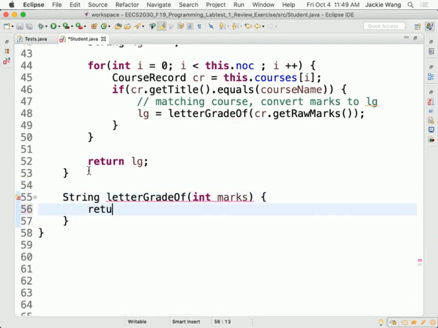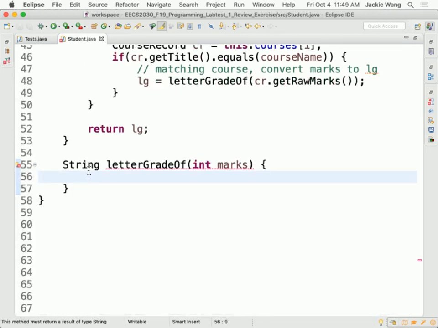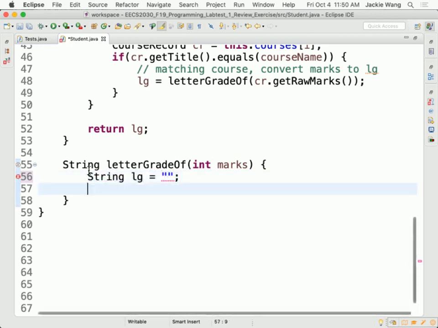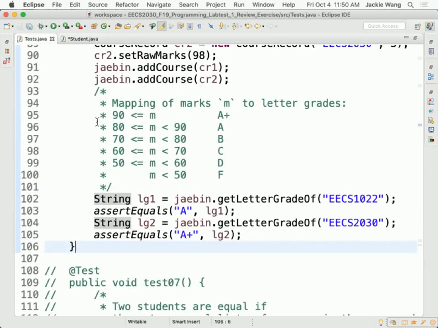Okay, and then I'm going to return something, right? Let's see how we can define that. So now this is a place where I can use if then else. I can say, let's say, string letterGrade is simply an empty string. Eventually I return LG. According to the table over here, it tells you that's exactly the mapping,